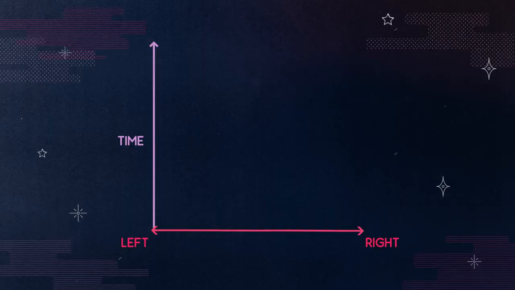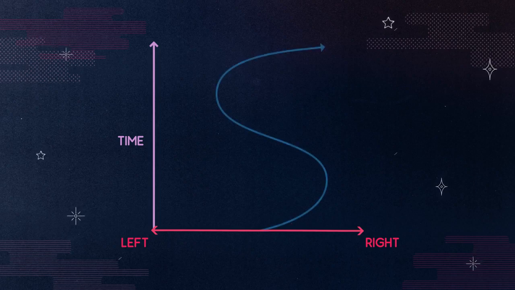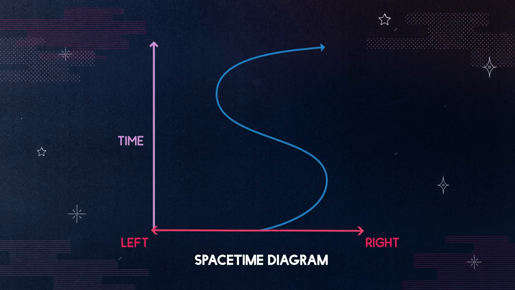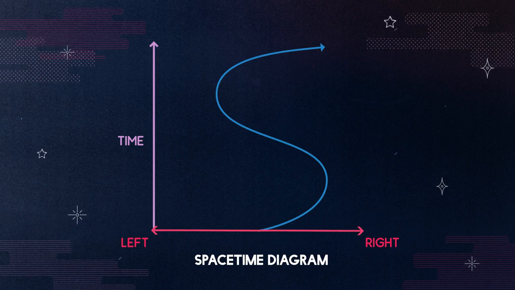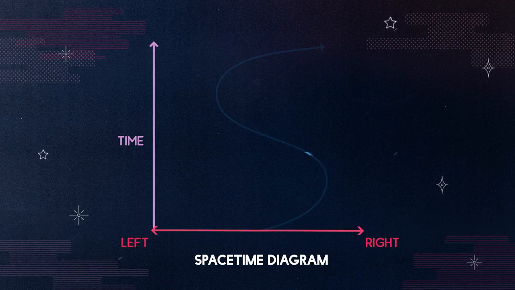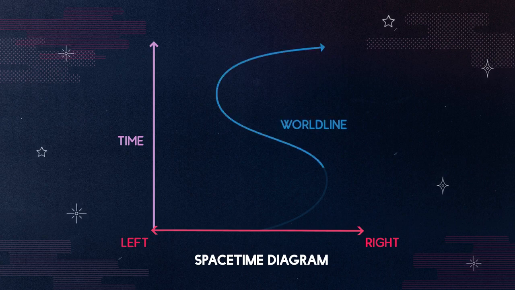If the fingers walk along my arm from elbow to hand, it takes some amount of time. Since we've got my finger's distance on the horizontal axis, let's now plot time along the vertical axis. This diagram is called a spacetime diagram. Since we humans only see a narrow slice of the spatial dimensions, we need to reveal how my finger's position changes with time. This curve, for example, shows that my fingers walk back and forth across my arm and also move forward in the time dimension. If we mask everything but a narrow slice, we get back to the original representation of my finger's position in space. This path is my finger's world line.